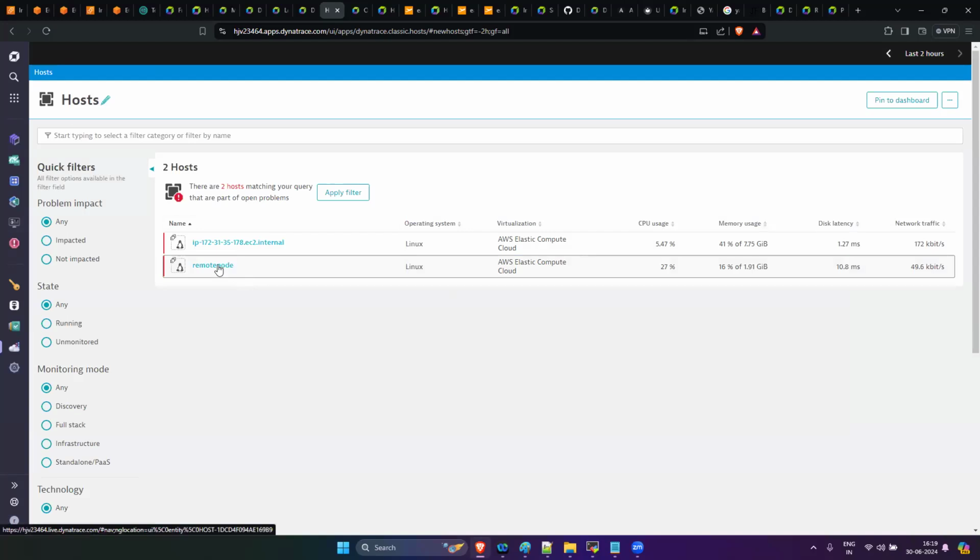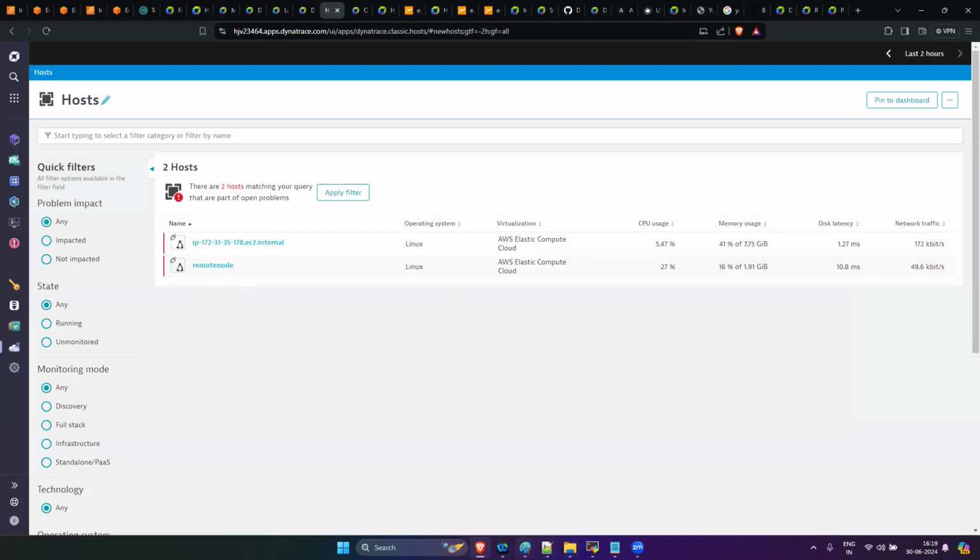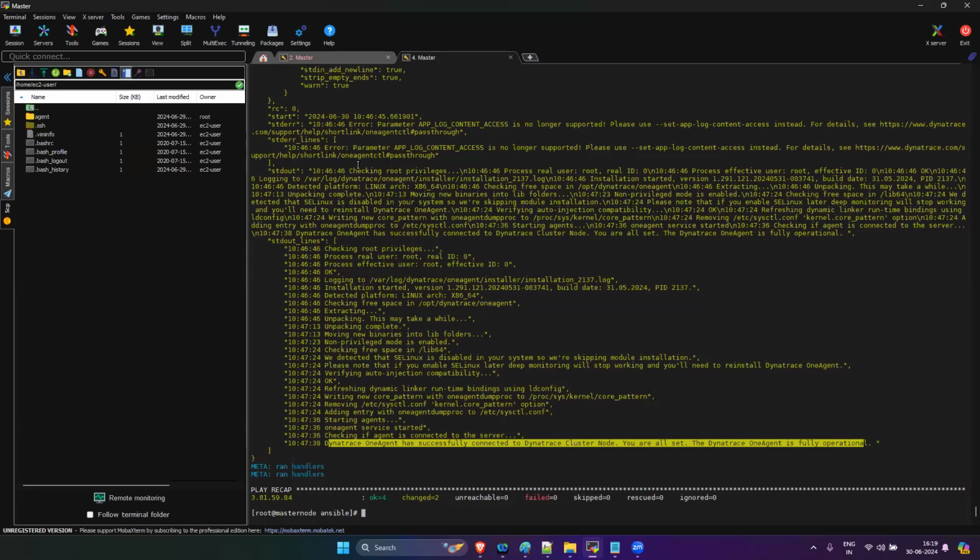You see, remote node got added. Is that clear? Yes. Okay. So just what we have done is in the master node,